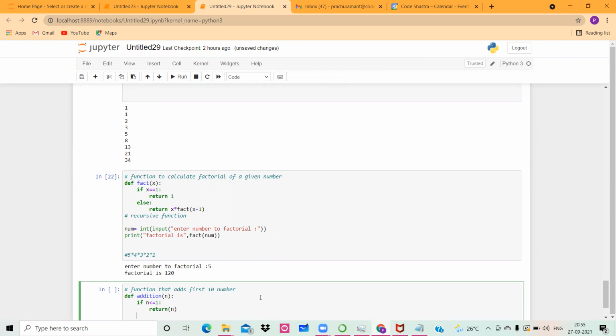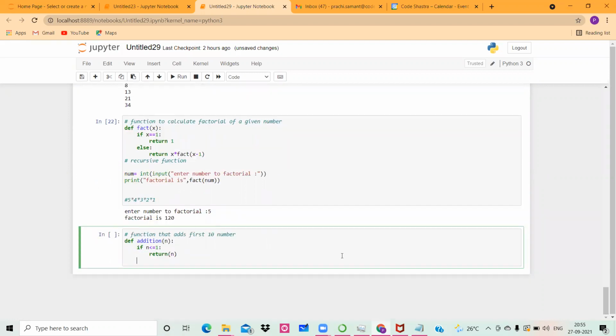If someone gives the value 3, we have to find 1 plus 2 plus 3. If someone gives the value 10, we have to find 1 plus 2 plus 3 plus 4 plus 5 plus 6 plus 7, and so on up to 10. That's the expected answer. That's the reason we can't accept the value 0, 1, or any negative value. So we are strictly saying that if the value of n is less than or equal to 1, just return that same value. Don't perform anything in that case.